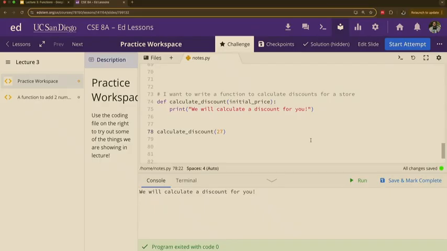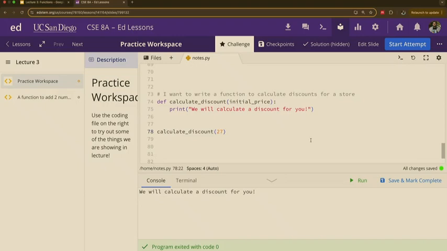Okay? So now, what we're seeing is this. We wrote a function, right? We told Python, we're gonna make a function. We're gonna call it calculate discount, and I want you to not run unless we give you something. Something we're gonna call initial price. Okay? And we're gonna say, cool, let's start it off. Python says, great. What's the first thing you wanna do when you use the function called calculate discount? I said, well, the first thing I wanna do is print out something. We will calculate a discount for you. That's awesome, right? We run it, calculate discount.